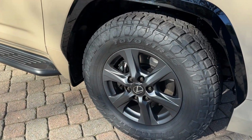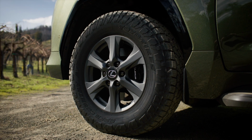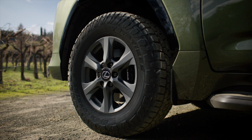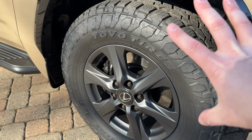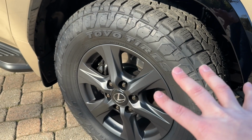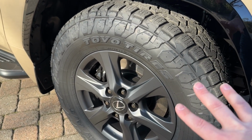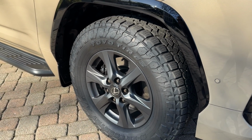Now, these wheels might look a little bit familiar to you. They're kind of this matte blacky gray color. These wheels were previously available on the LX. They did this 18-inch wheel on sort of a smaller wheel and thicker sidewall package that they kind of called the Land Cruiser Orphan package internally. It was meant for people that didn't really want big wheels, that were planning to do some off-roading,